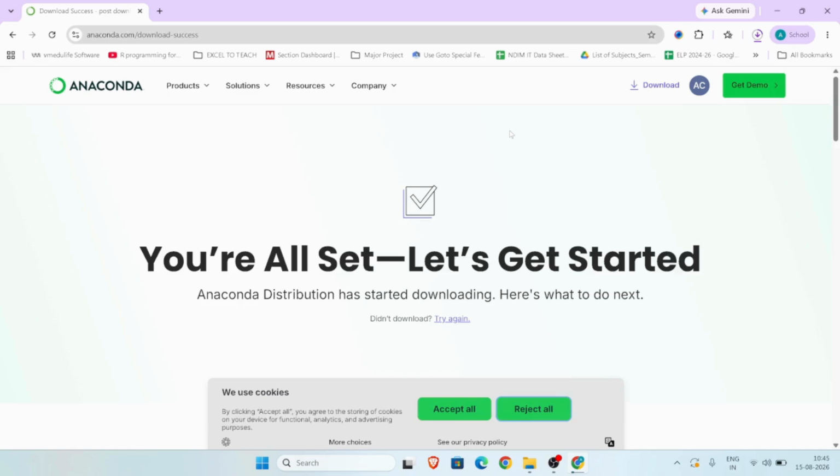As we already discussed, Anaconda distribution is a tool, or you can say a distribution package where you will find so many different softwares clubbed together at one place, and from there you can go to any of the software to work upon. Even for Python, you can use Jupyter Notebook or JupyterLab or Spyder. There are so many different options.